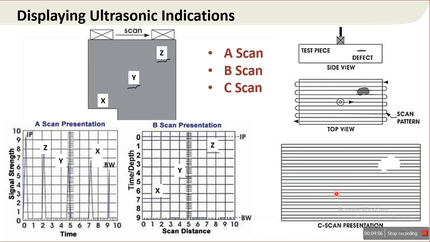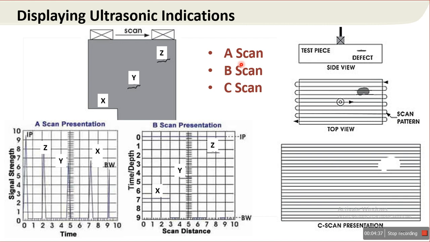So C-scan representations are typically produced with an automated data acquisition system, such as a computer controlled immersion scanning system. So this C-scan presentation is developed with the help of a computer controlled system, because the transducer is directly connected to the computer scanning system, like a CT scan.